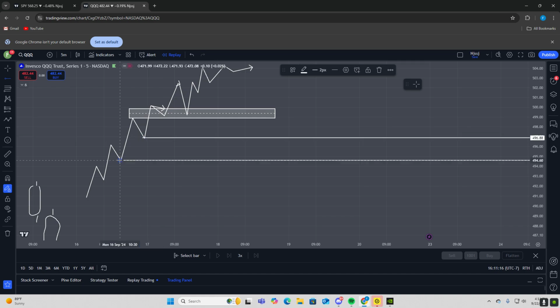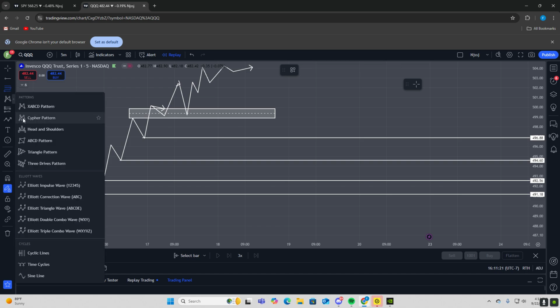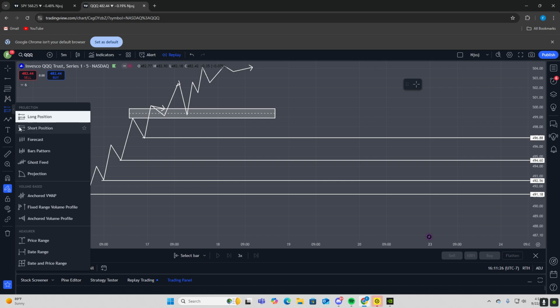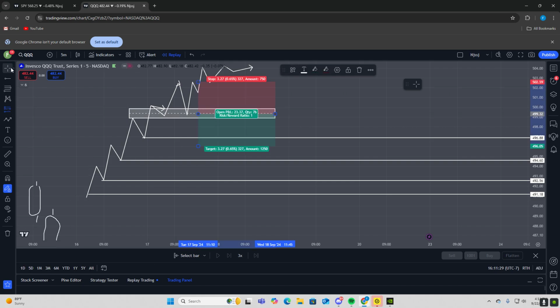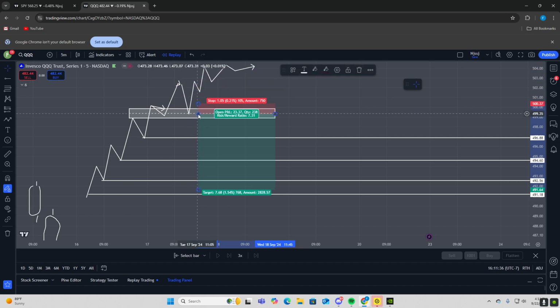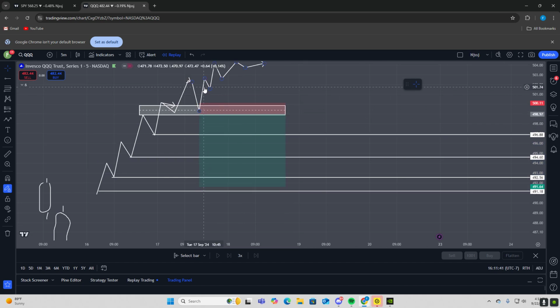I'll have this as my target, this as my target, this as my target. Because this right here, you have more to make, and a lot more to run if this inverses. You have a lot more to run once this inverses, right? So once this inverses, it's going to pull back a little bit, and then you could target all these lows